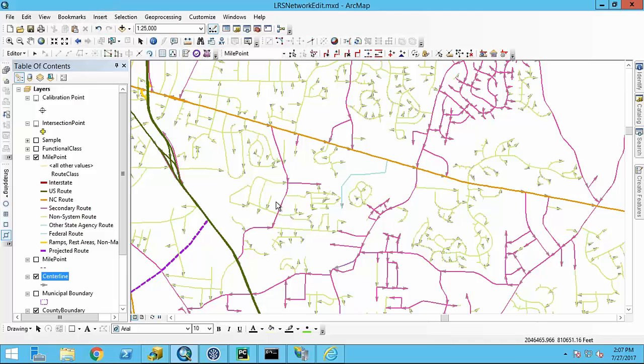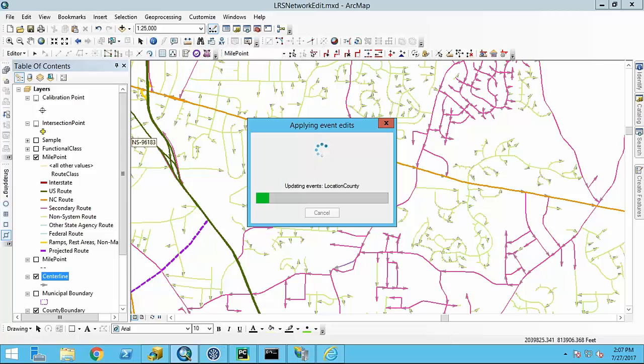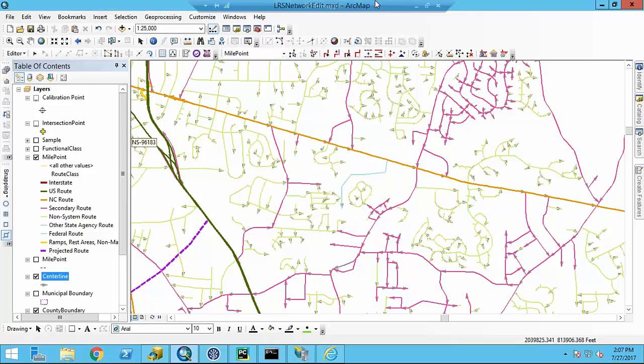All right, so that realignment's done and our create route is done. If we go ahead and save our edits, we can move away from desktop for now, once it's done applying our edits to our events. All right.